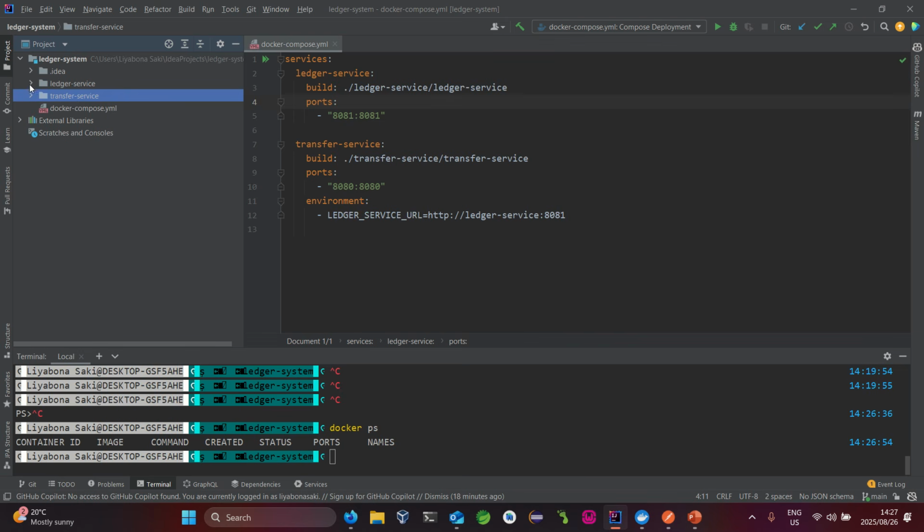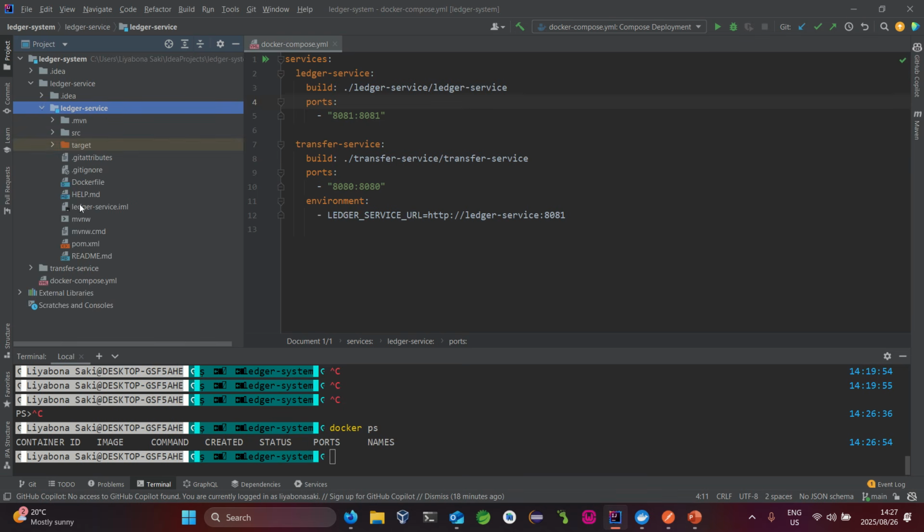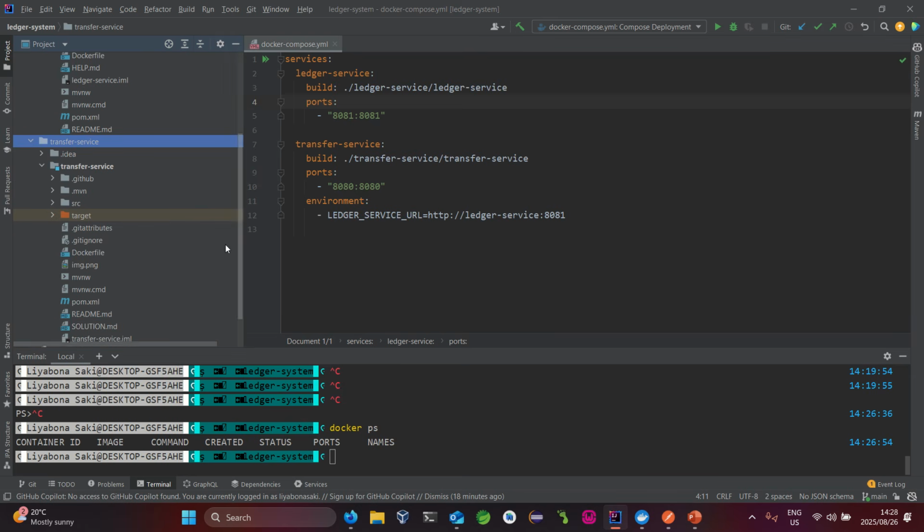Inside the ledger service, it needs to have its own Dockerfile, which is what we have there. Same goes for the transfer service, it also has its own Dockerfile. So the Docker Compose will essentially just invoke these Dockerfiles and do the build and deploy our applications